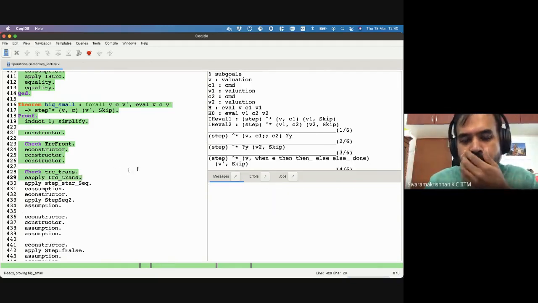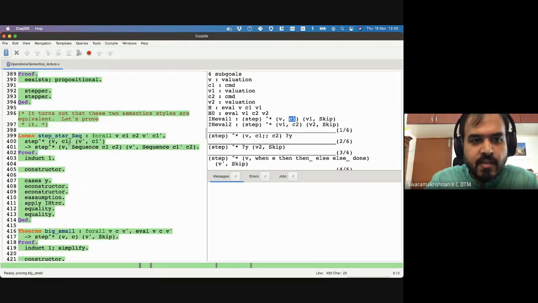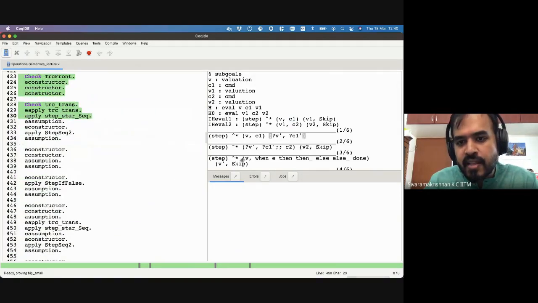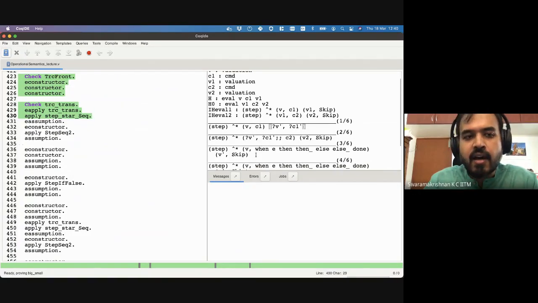So we do that, right? We break this up into multiple steps. And then we say, I'm going to take multiple steps of C1, right? Multiple steps on C1. And this is what we proved with the step star seq here. In the sequence, if you can take multiple steps in C1, then you get this result. So we are going to appeal to that lemma, which breaks it up into what we want. So now we have a structure which fits what we want. Observe that we now have multiple steps from C1 to some result, and we have that as part of the